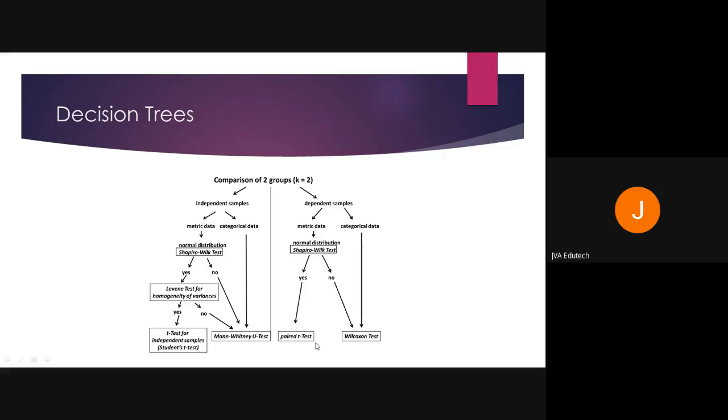See, every test has its non-parametric equivalent. It's a very wrong idea that you don't do the test of normality, homoscedasticity, and directly move on to the test. You have to decide whether you have to go for parametric or non-parametric test. If you want to do an independent t-test, and data is non-parametric, go for its non-parametric equivalent, Mann-Whitney. If you want to do a paired t-test, and it's not following normal distribution, go for its non-parametric equivalent, called Wilcoxon test.